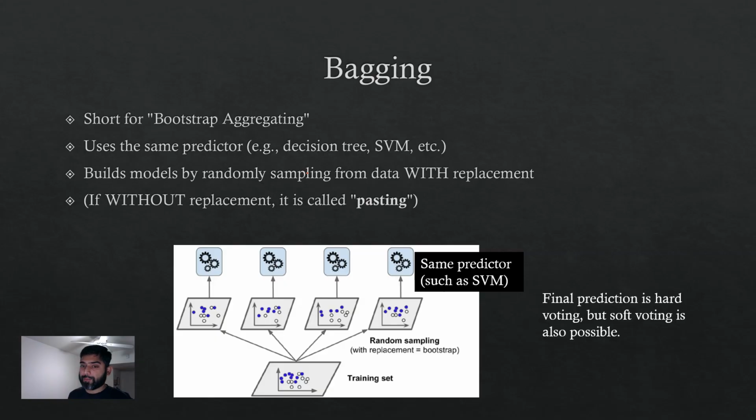We're going to learn about an interesting concept of bagging. Bagging is short for bootstrap aggregating. Imagine you're running a big marketing survey. Instead of asking 1,000 people the same question, you ask different random groups of people a slightly different set of questions and then combine their answers to get an idea of all the 1,000 people. That's bagging, short for bootstrap aggregating. We train the same model, for example a decision tree, only the same predictor, not multiple, on many random samples of the data, and we allow replacement.